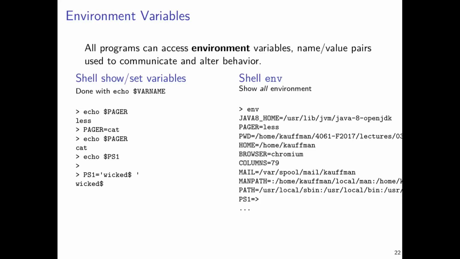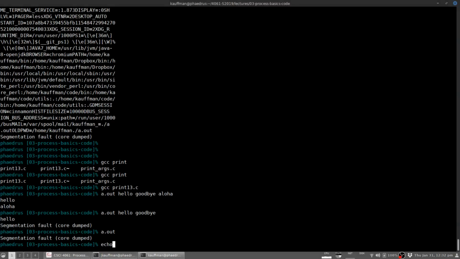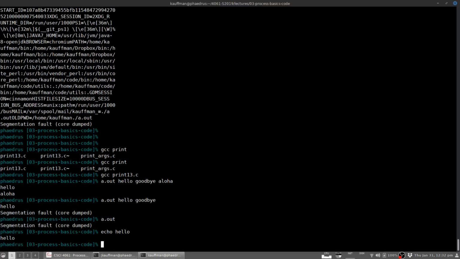As you are running a shell, it has an environment that can be checked and manipulated, and this can actually have interesting behavior changes within the shell itself. For example, you can check environment variables within a shell by echoing the name of the environment variable prefixed by a $ sign. Echo is a command that will print things on the screen, like echo hello. Preceding something with a $ sign means don't print